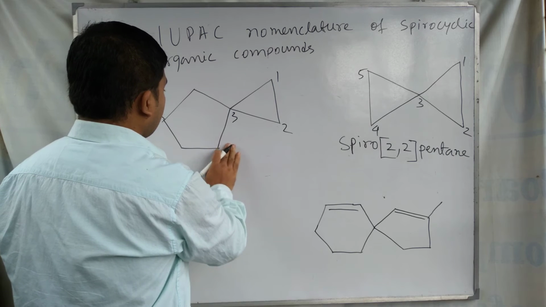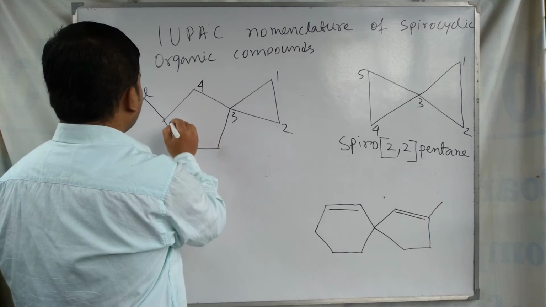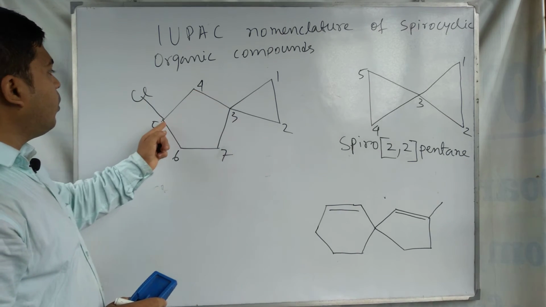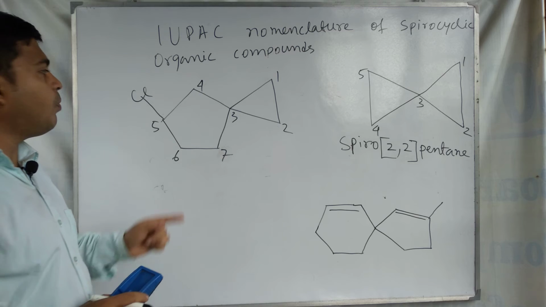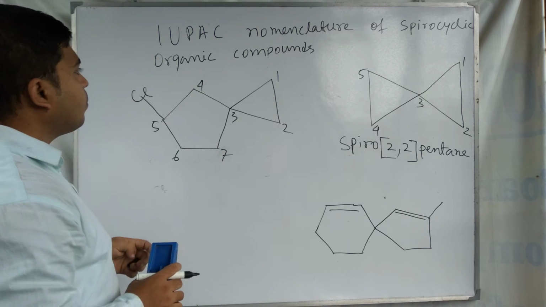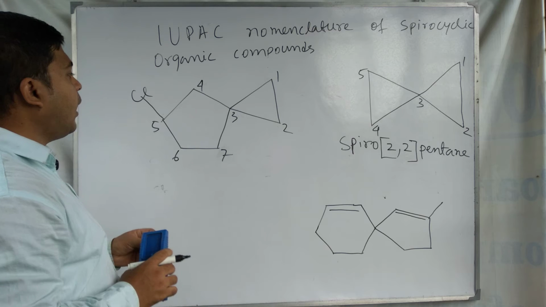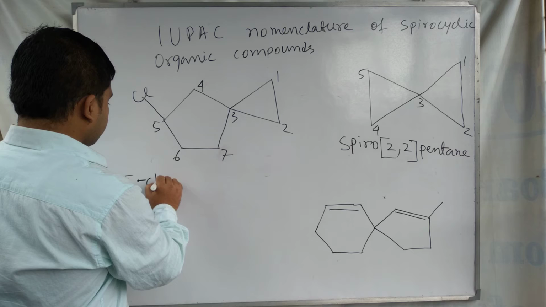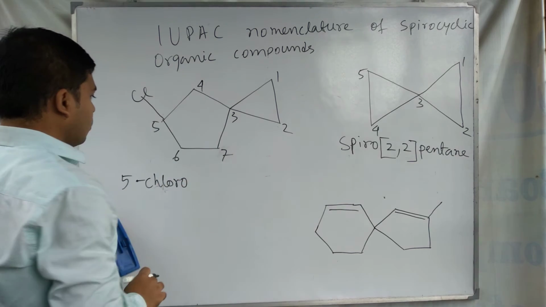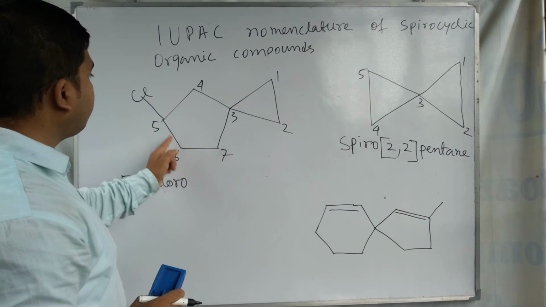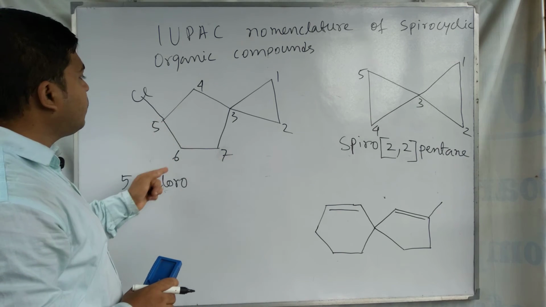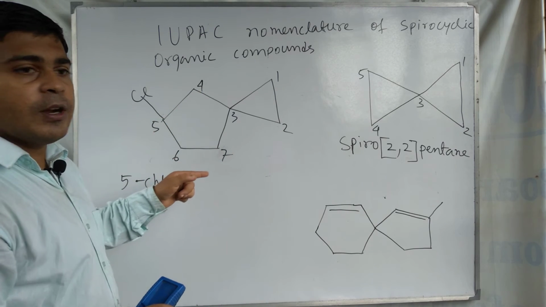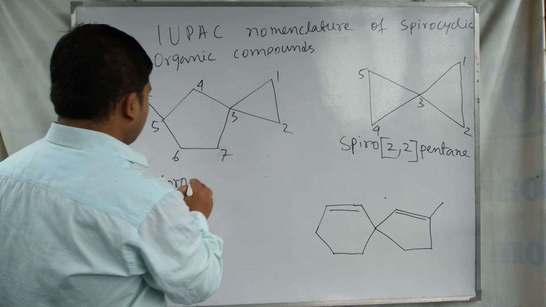3 4 this way, 3 4 5 6 7, because in this way the chlorine is coming at the lower position, 5 position. So the IUPAC name for this molecule should be like 5 chloro. If you number it like 4 5 6, then chlorine is coming at the 6th position. Rather, if we count from this side, the chlorine is coming at the 5th position. So 5 chloro, then